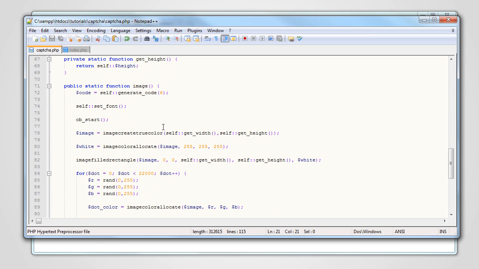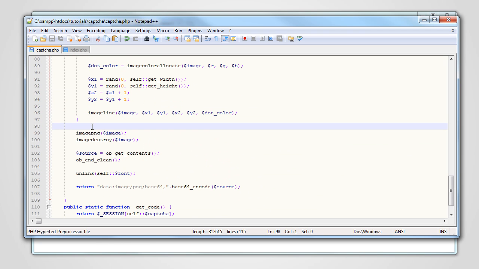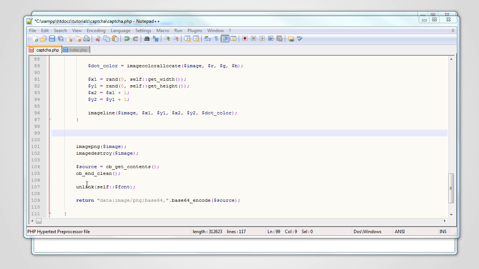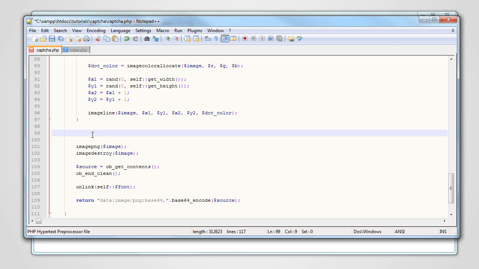Okay, so let's go back to here. Now what we're gonna do here is loop through each character of the string of the code in order to display each character at a time. We're gonna go through each character at a time in order to separate them, otherwise they'll be too close together and we want to use the whole space that we have available. So let's actually do a for loop,